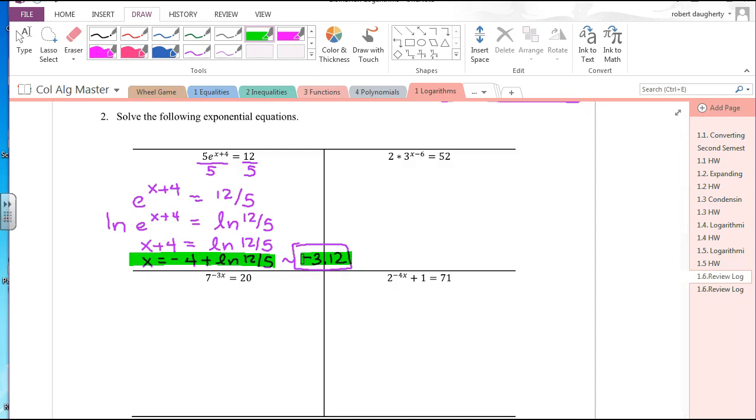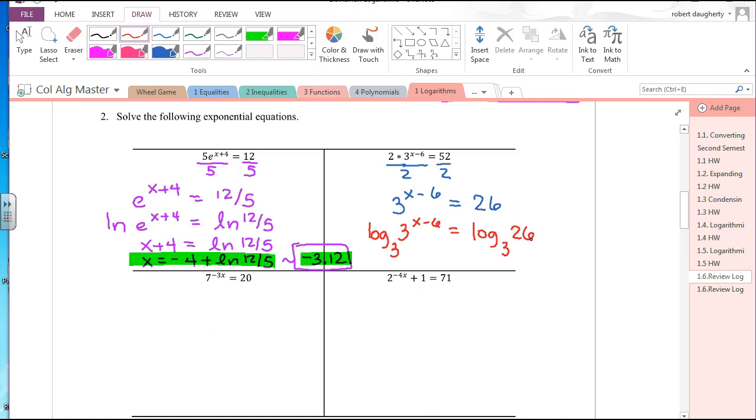Let's look at this one. Solving this particular equation, I want to isolate this exponent. If I divide everything by 2, I get 3 to the x minus 6 equal 52 over 2, which is 26. Now, I want to take the log base 3 of both sides because I see my base is 3. So the log base 3 of 3 to the x minus 6 equals the log base 3